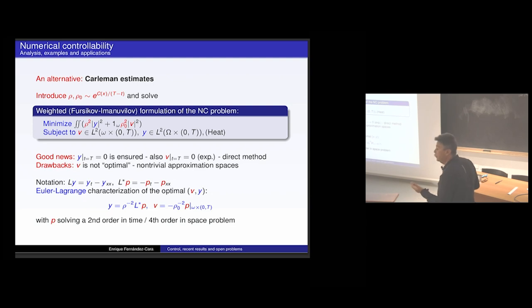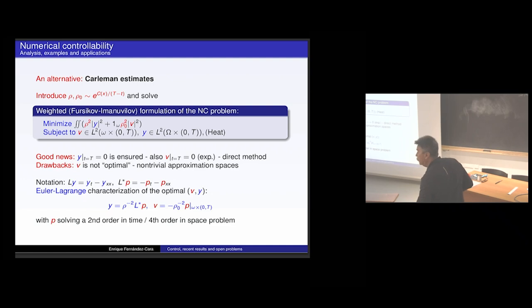There is an alternative that I'm going to present, which we introduced in collaboration with Arnaud Munch from Clermont-Ferrand. The alternative consists in using directly Carleman estimates, weights that explode. Instead, look at this problem. Instead of trying to get the control v of minimal L2 norm,